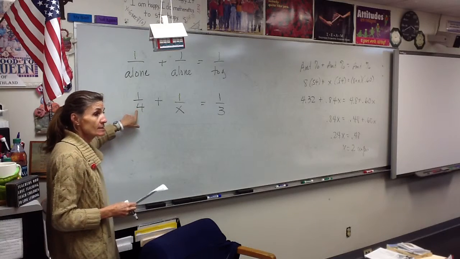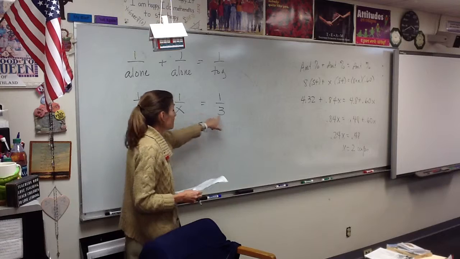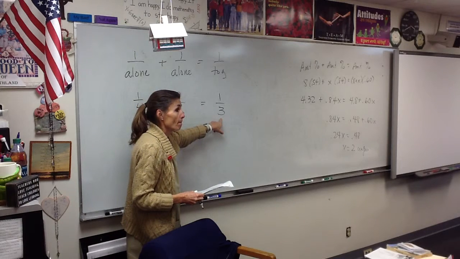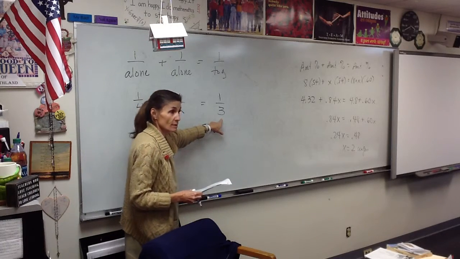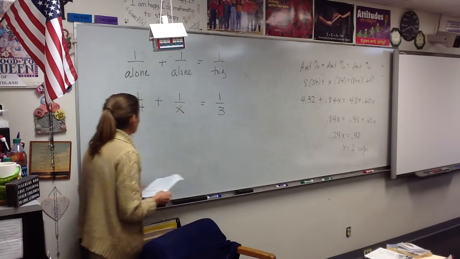This is Danielle's time alone. This is Zach's time alone. We don't know what it is. Would it be 1 over 7.3 repeating, something like that? I don't know. We're going to see in a minute. And this is their time together. Now,